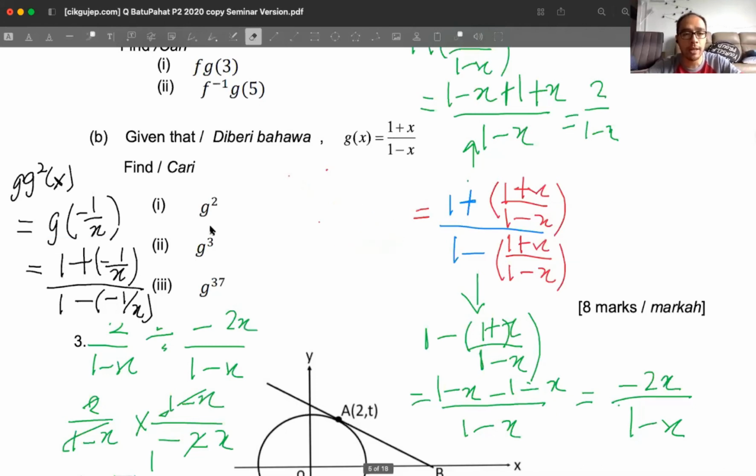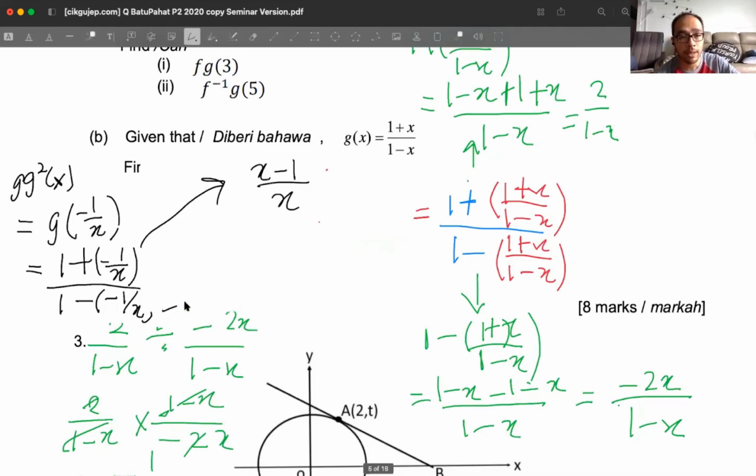Okay, so simplifying this, if I do the top, this will give me x minus 1 over x. And if I do the bottom, what happened to this? This will give me x plus 1 over x. So if I combine these two together,